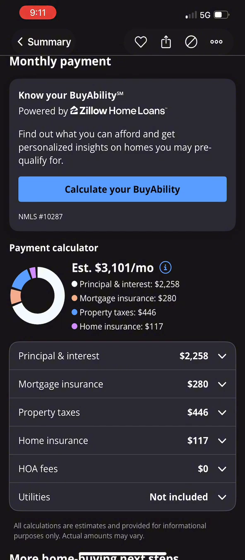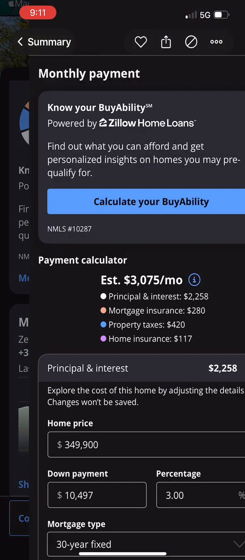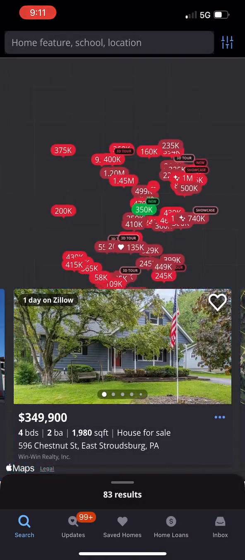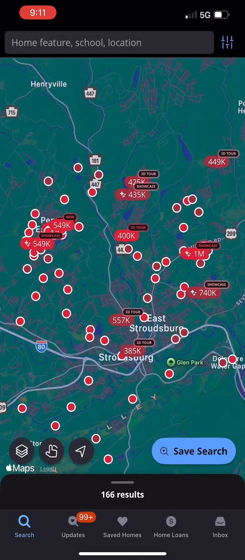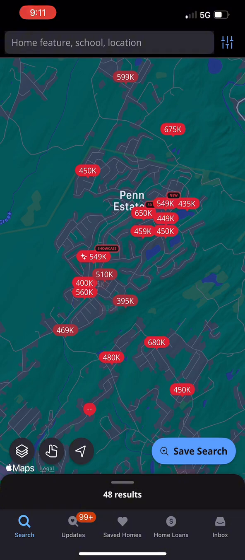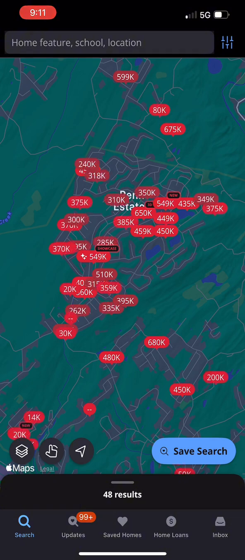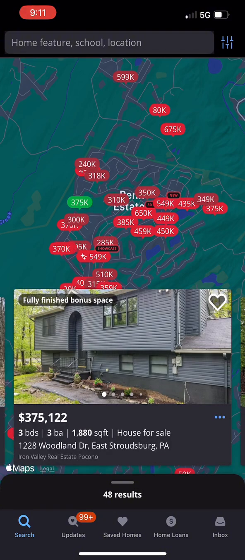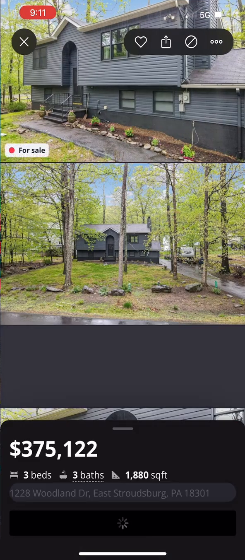You'll notice their HOA fees are listed at 0 here. So I'm going to pull up another property here real quick where we are in an HOA because that is going to affect your mortgage affordability. I'm going to show you how we can add that in here in just a moment. So we're popping into Penn Estates, picking another random home over here,